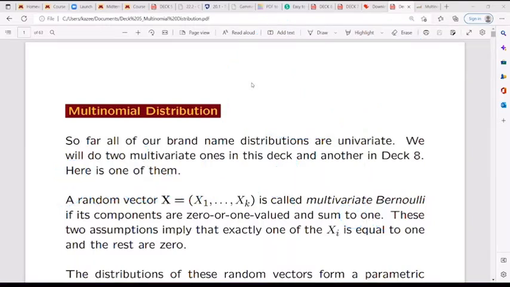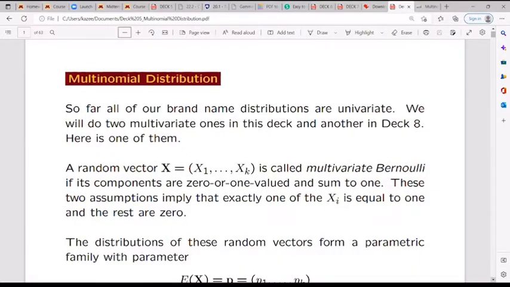Okay, so I want to welcome you to my lecture today. We call this multinomial distribution. And let me just tell you, multinomial distribution is a generalization of binomial distribution. And don't forget, binomial distribution is also a generalization of Bernoulli distribution. I'm going to remind you now. Okay, I'll quickly remind you, Bernoulli